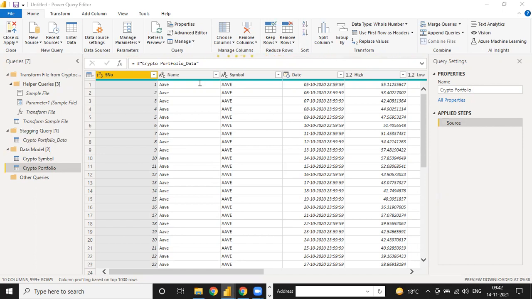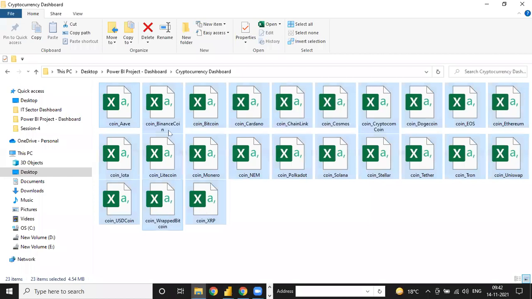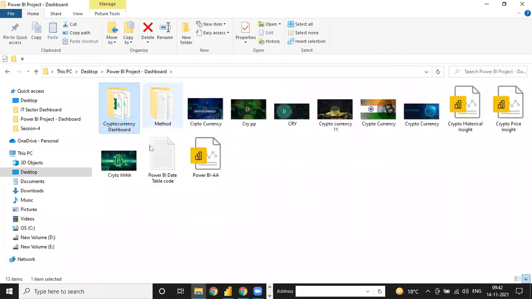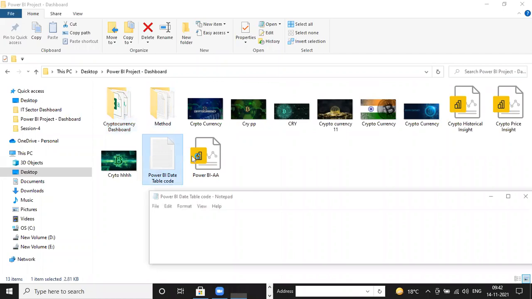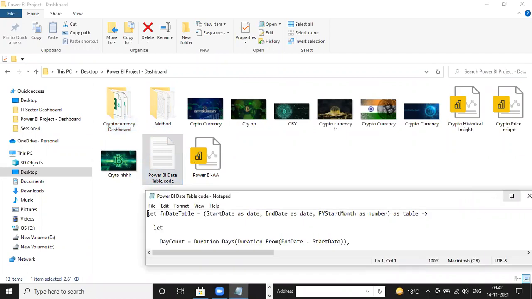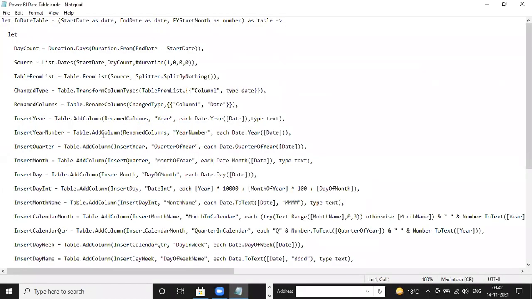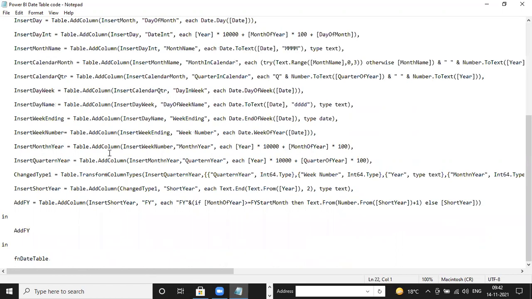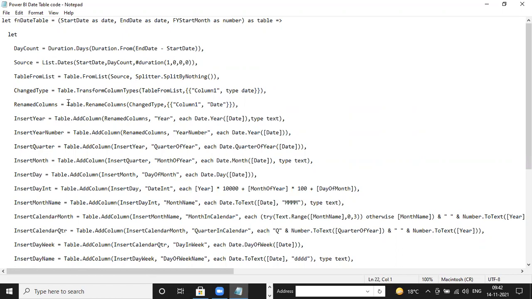Okay, so for this date table, let me show you. This is the code written in the background. See, this is the total code written in the background. Right now I'm going to use this for the date table, but after 2 or 3 classes, I'm going to tell you how to connect the manual date table. If you don't have knowledge about this code, it is not written by me actually. This is just working by Power BI.